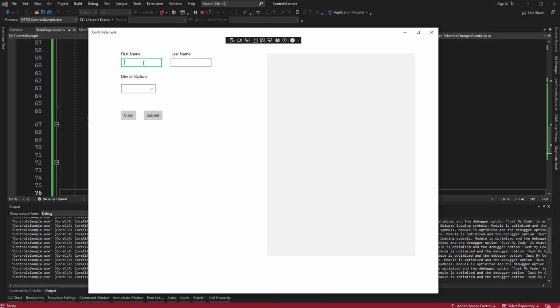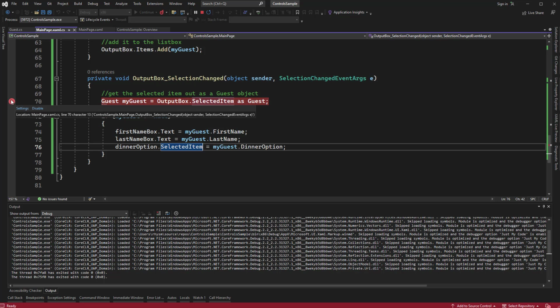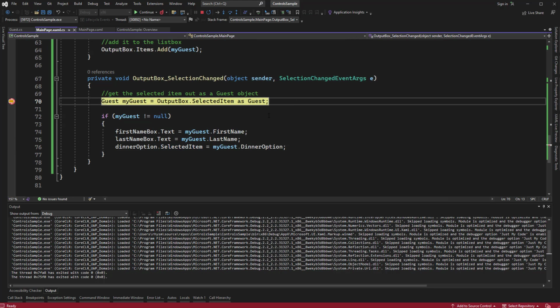So I can type in some test data here. Let's create ourselves a couple of guests. Okay. So if I click on one of these, everything should update to what it says in the list box. Because we are grabbing this. Let me put a breakpoint so you can see. So we're grabbing this selected item,